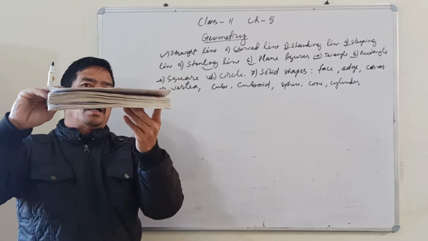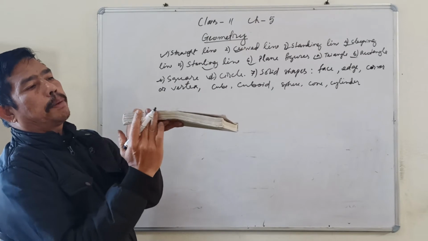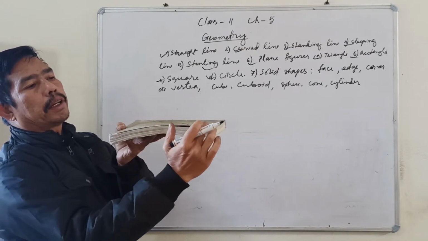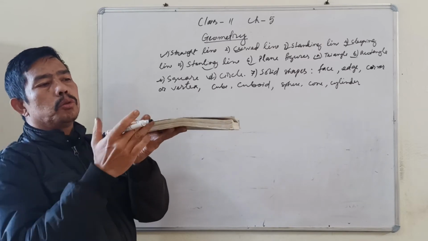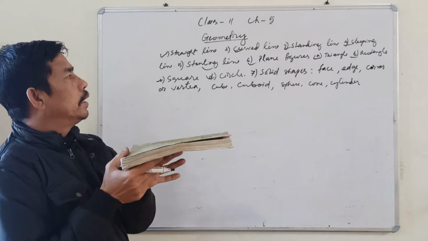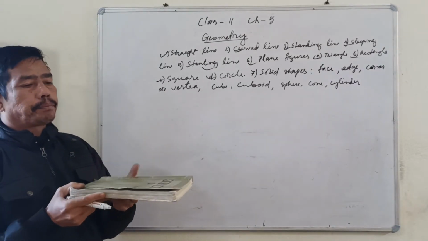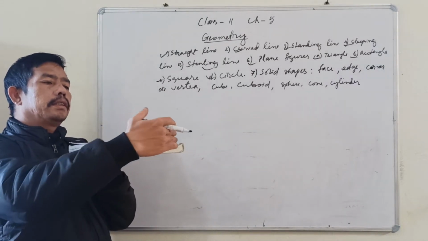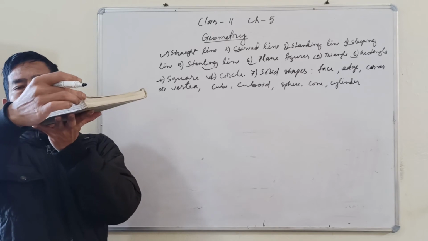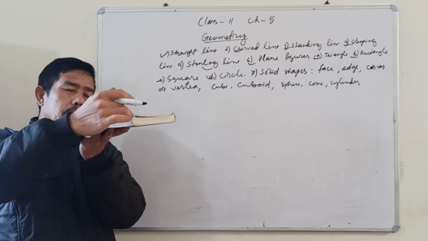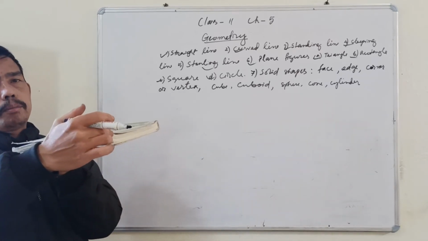This is a cuboid. And this face and this face are meeting here, forming a line. So this line formed by joining two surfaces is known as an edge. And corner or vertex. This edge, and one more edge here. These 3 edges meet at this corner. So this meeting point of the edges is known as a corner or vertex.